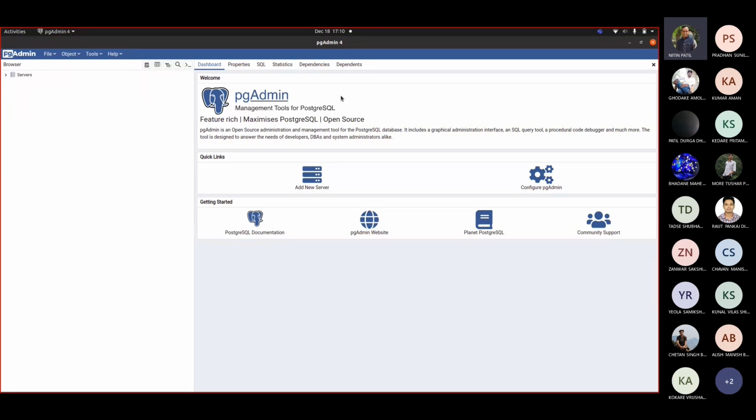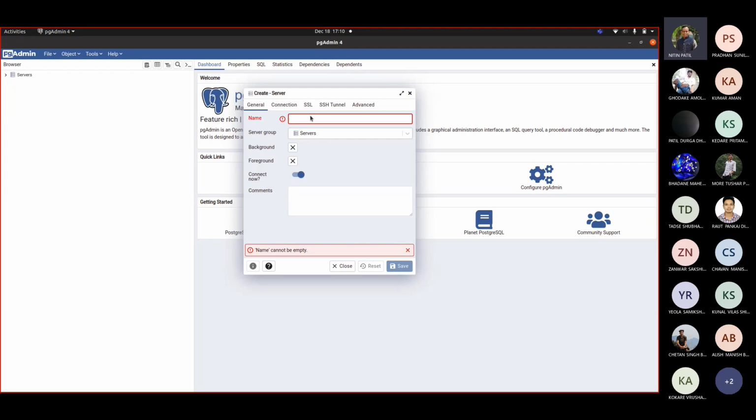It is something like, for MySQL there is PHP and MySQL. Through PHP the MySQL UI is designed, so phpMyAdmin, that is the name. So now you simply click here, add server. You give some name here, say suppose AS, correct?